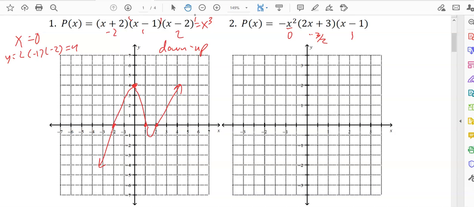So -1.5, I'm sorry. Whoops, let me try to, there we go. -1.5 is right, oh, it's right there. That's nice. 0 and 1 is right there. Okay, so they're kind of spaced out. I did the graph a little bit different just so they would be a little bit more spaced out there,